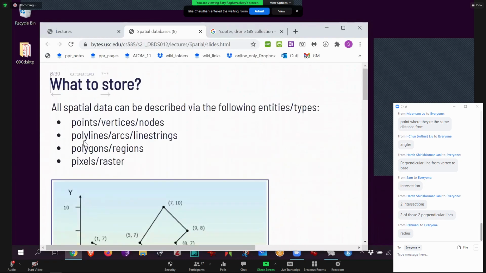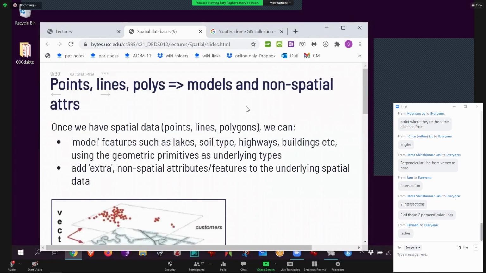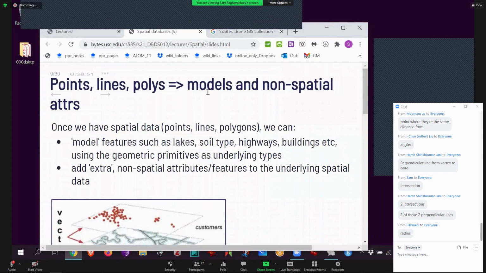Therefore, finally, what I told you was in an actual database, you can store points, but you can call them by alternate names, or you can store lines, or you can store regions, or you can store pixels, which contains all these, but indirectly. So again, that's what happens. You take points, lines, polygons, and you form models. With the model meaning things like rivers and buildings, they're called models.